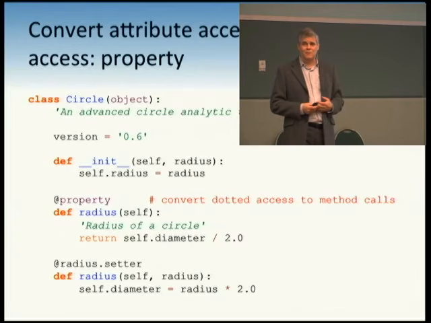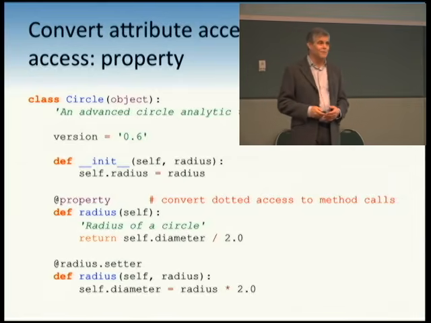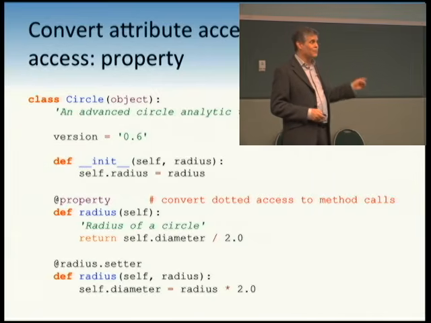When I get people coming from C++ and Java, it's the hardest thing for them to give up. They just feel naked exposing their attributes. They're like, oh, get over it. If there's a problem later, we can just fix it by adding on a property. And it's effortless. In the meantime, your code looks very beautiful. Who learned something new? Now you know what properties are for. You get a benefit from it, even if you never use it.